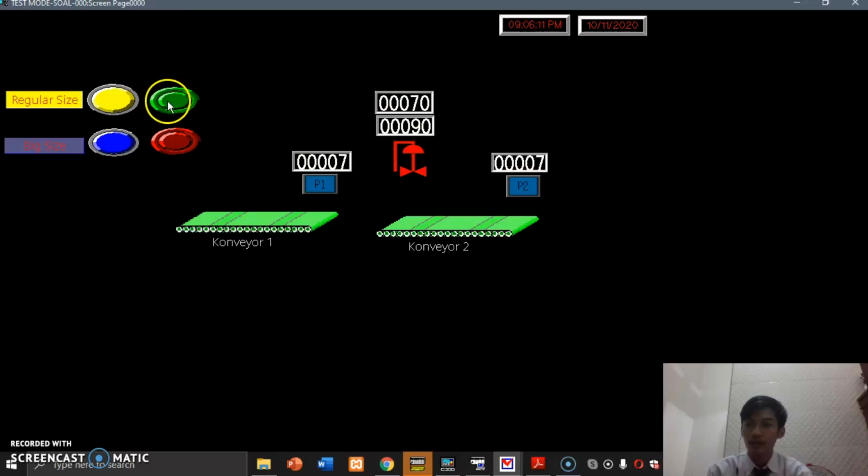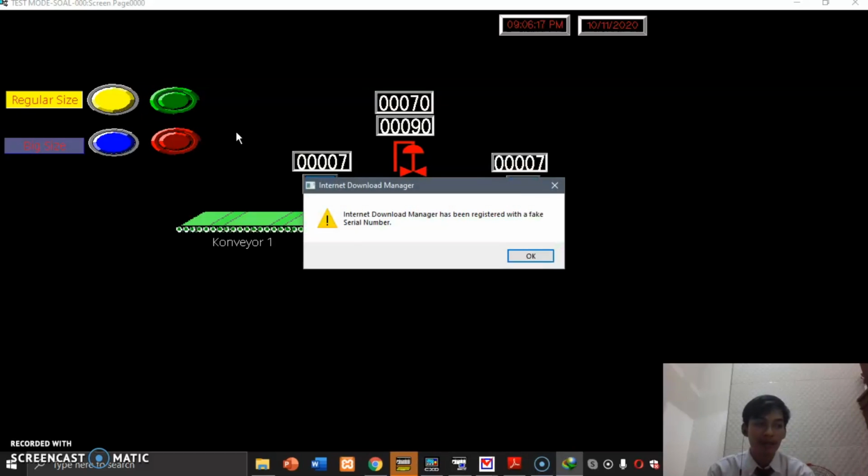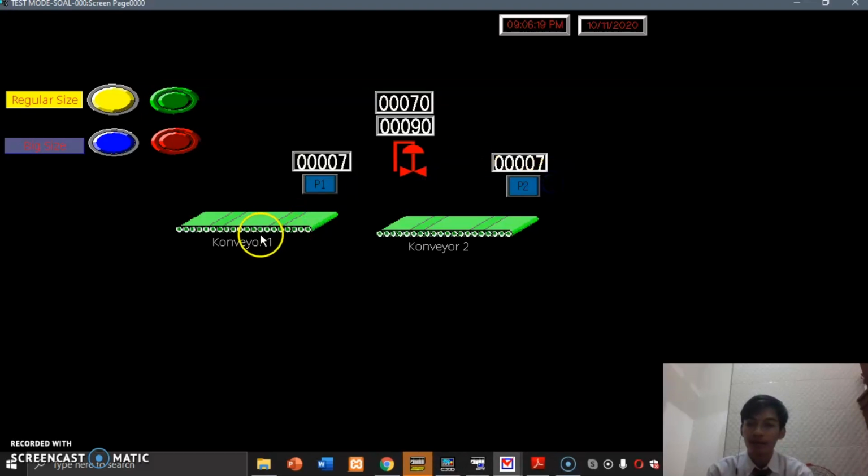First, if I press the start button, conveyor 1 and conveyor 2 are active. When the conveyors are active, the bottles will run and be detected in proximity 1 or P1.